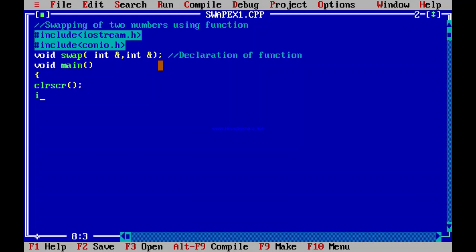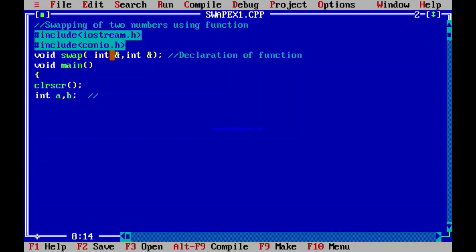Then I am going to declare the variable int a, b. So this is the integer type. As at the time of declaration of the function, I passed the variable data type as integer, so here I am going to declare the variables of integer data type.